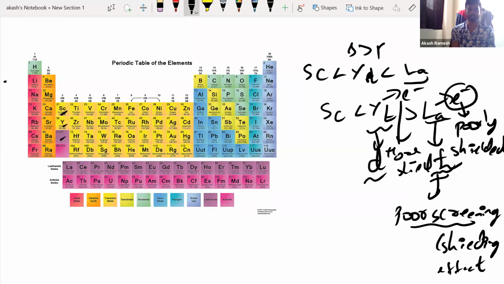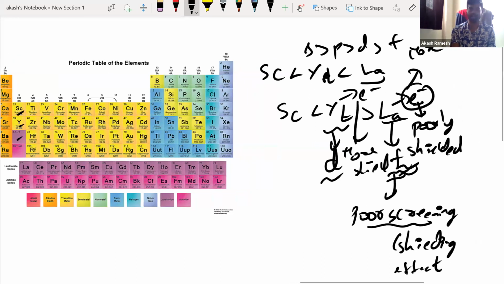I told you the order SPDF. This is the order of screening power or screening effect. So f orbital has a very poor screening effect, so the valence shell will not be shielded properly. So this will suffer more nuclear charge, more force, I would say, than this particular electron. Now, if the nuclear charge increases, what happens to the size? The size constricts.